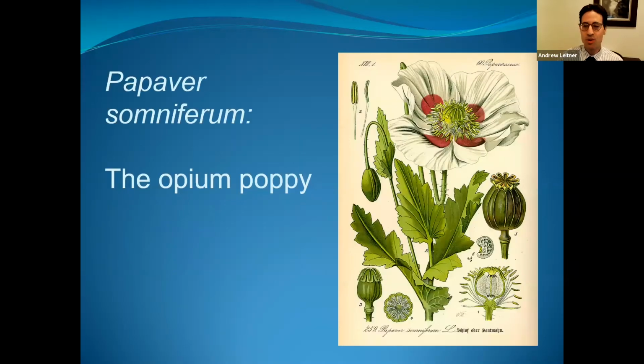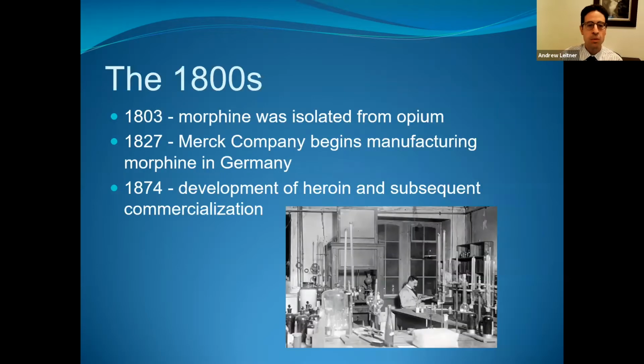A history of pain would not be complete without looking at this key plant, Papaver somniferum. This is the sleep-inducing poppy, is the definition. And opium has been used for thousands of years in different cultures for a variety of ailments and conditions. It was in the 1800s, though, that morphine was isolated from opium, and then it was finally manufactured in 1827